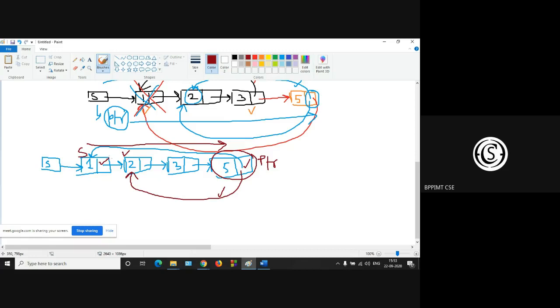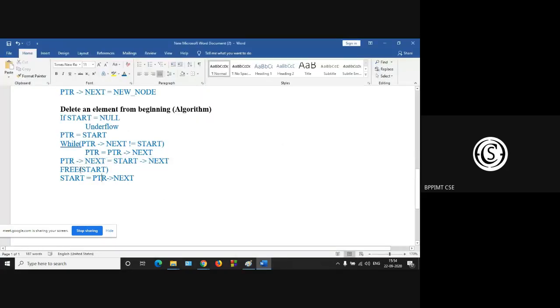Second node is the start arrow next. So we can connect this info part of the last node with the address part of the second node. That's why PTR arrow next now becomes the start arrow next, that is the second node.